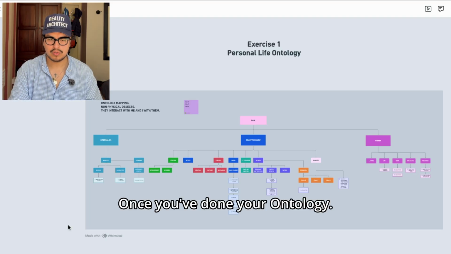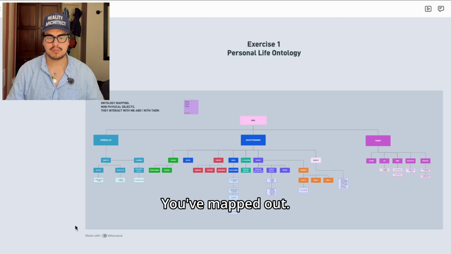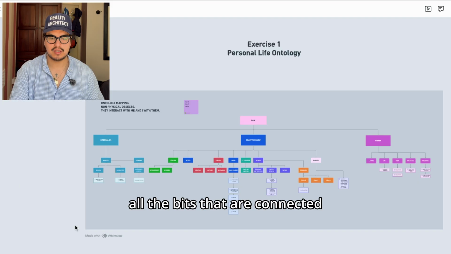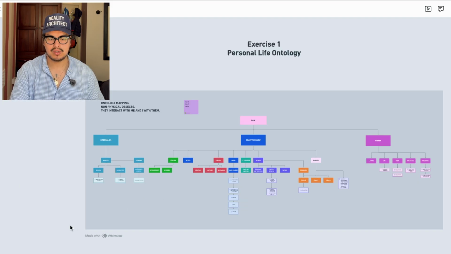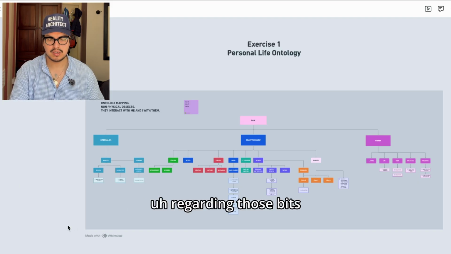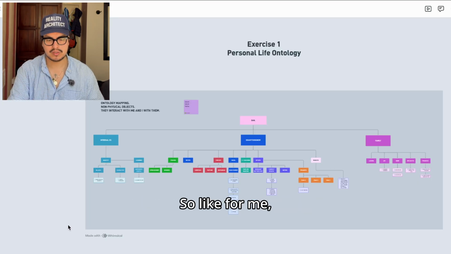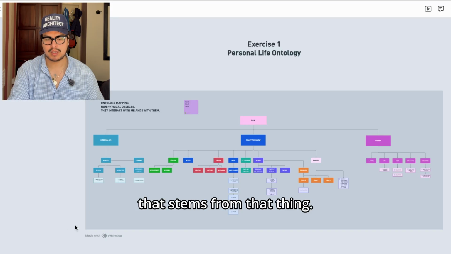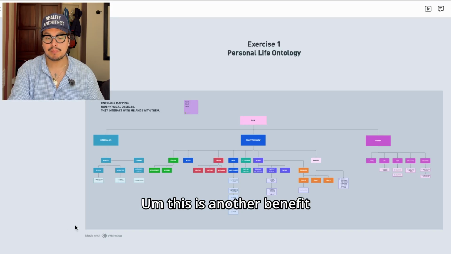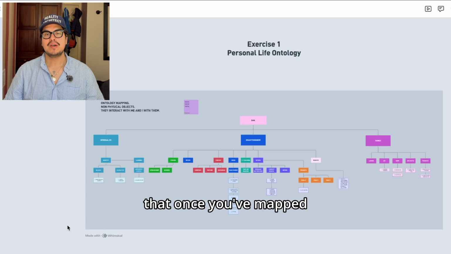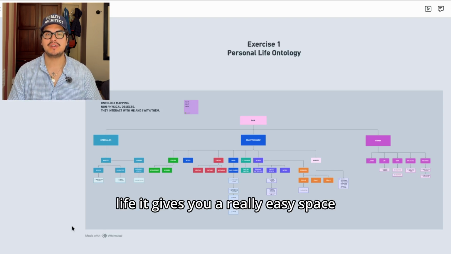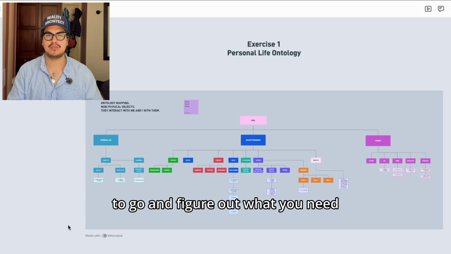Once you've done your ontology, you've mapped out all the bits that are connected to you, all the subheadings regarding those bits, and then you can start to figure out what are the to-dos that come from those bits. So like for me, I had these to-dos that stemmed from that thing. This is another benefit of ontology mapping, is that once you've mapped out what exists in your life, it gives you a really easy space to go and figure out what you need to do